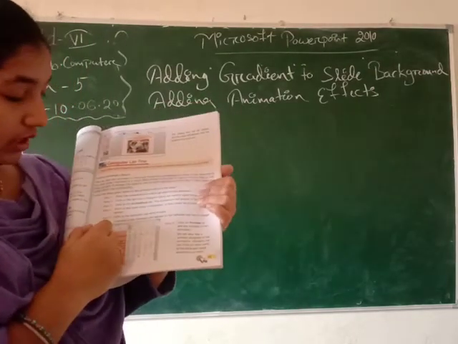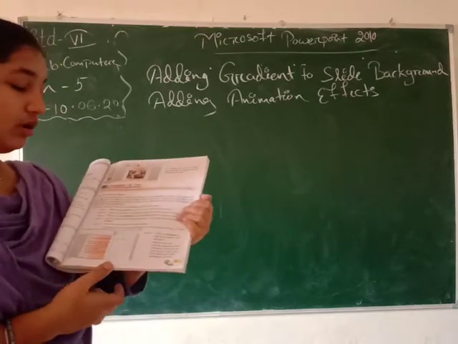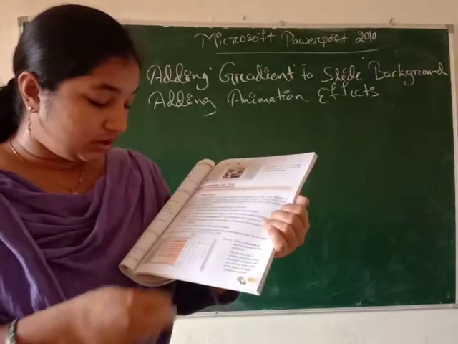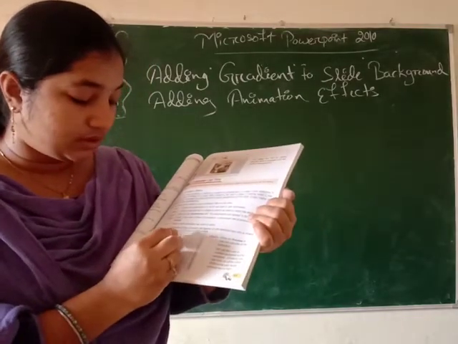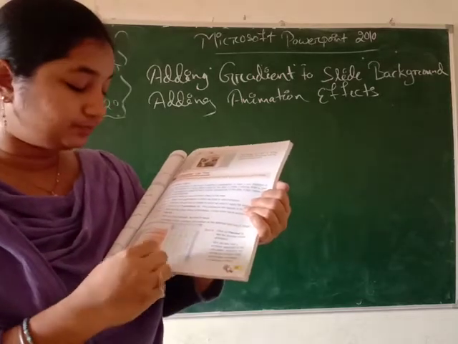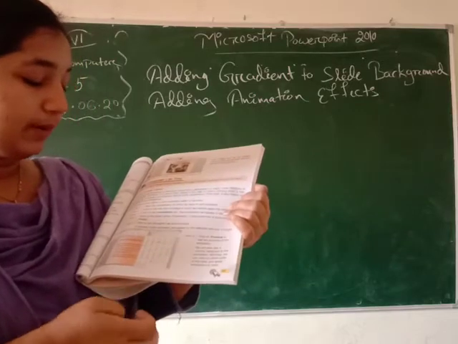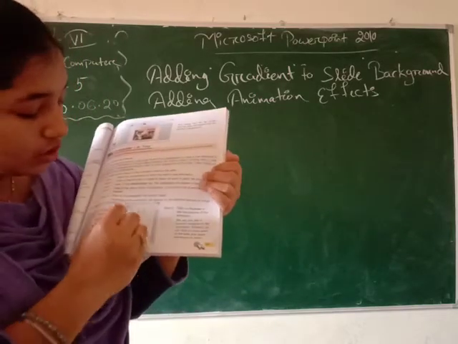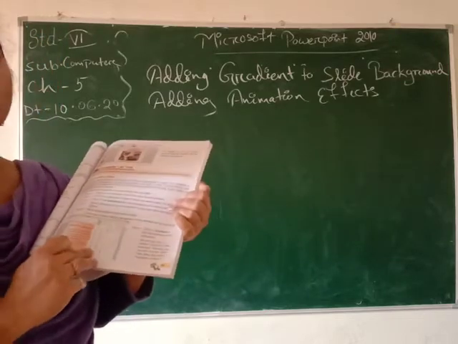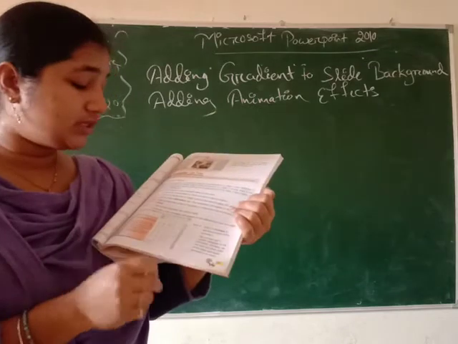Here we have to click, and after that click on the down arrow of animation, and a drop down menu will come. So this is the add animation. When we click on that, this drop down menu will come, and click on the animation we want to apply. Here you can see so many designs of animations are there. We have to click on one animation we want to give to our presentation.